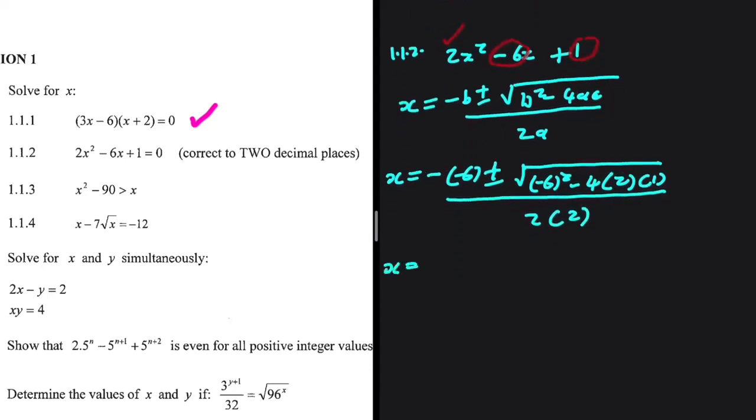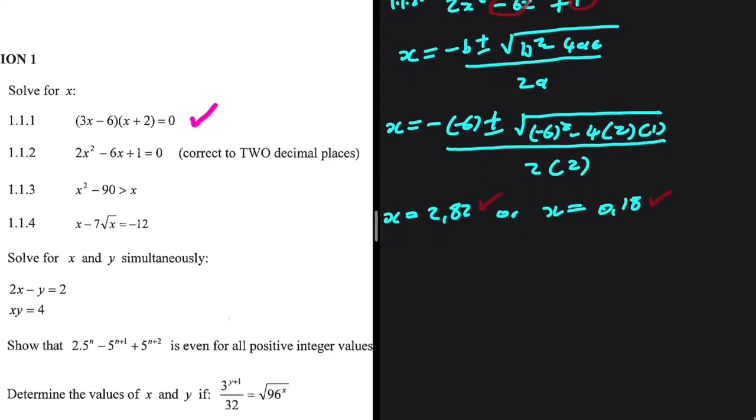x will be equal to 2.82, or x will be equal to 0.18. These are the values of x correct to 2 decimal places. Quite an easy one. We're just substituting in the quadratic formula. Let's take a look at